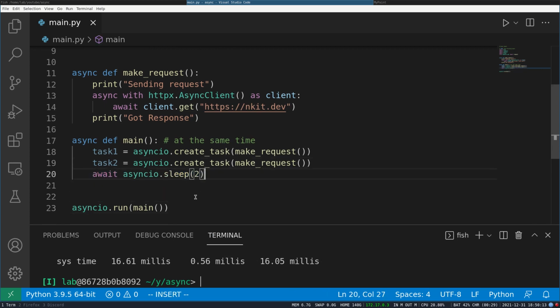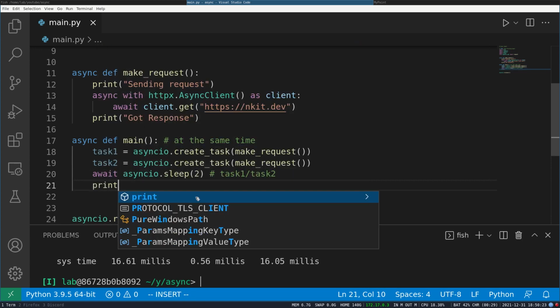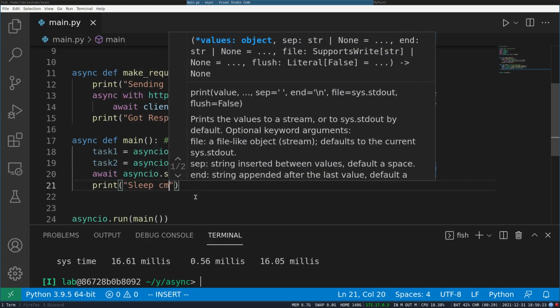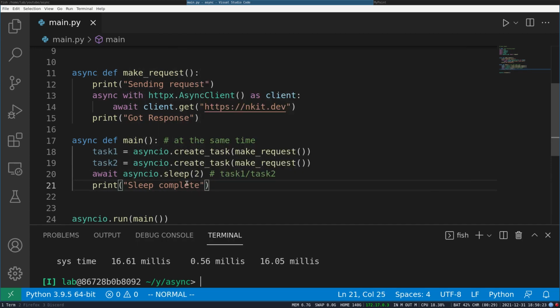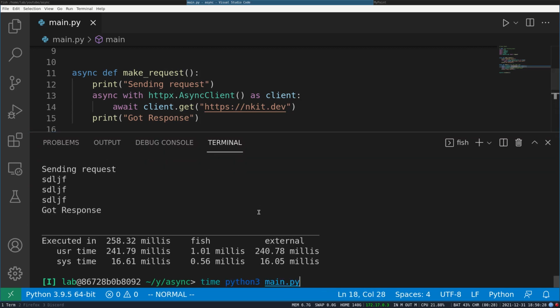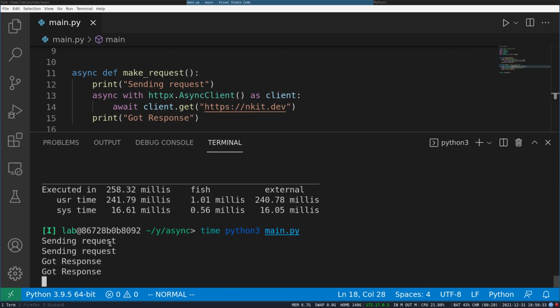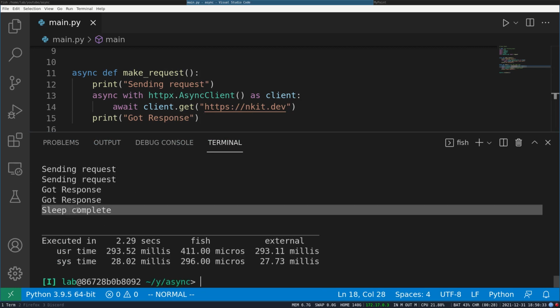So by the time we are sleeping for 2 seconds, task 1 and task 2 will still be executing, and here we can print sleep completed. You will see that within 2 seconds both the requests will be completed. So it sent the request, it got the response, and then the sleep completed.